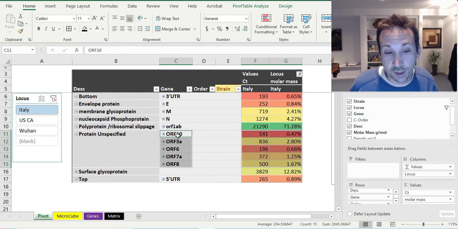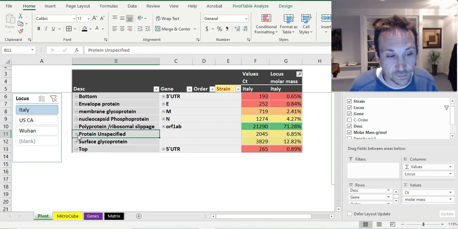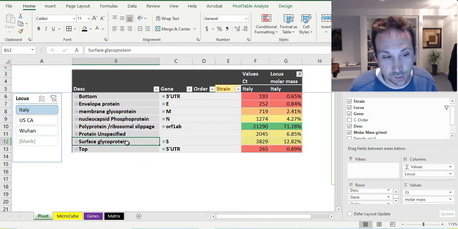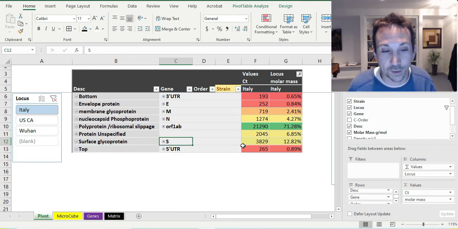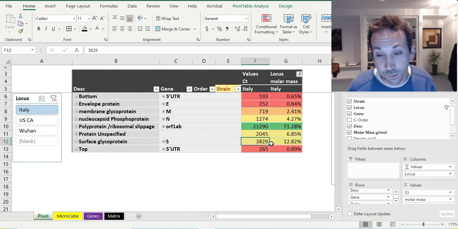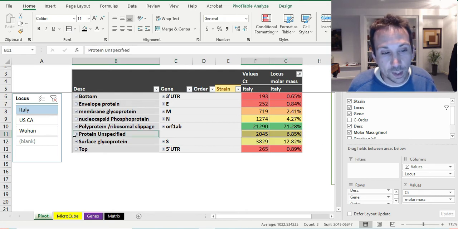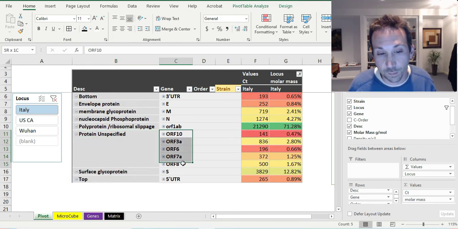Who knows? I'd like to learn about these proteins. So these are the unspecified ones. And then there's a surface glycoprotein. Sounds like glyco usually means sugar, maybe. I don't know. I'm going to go back on my Latin and my medical. We're going to learn. And that S is pretty big also. That's 12% of this thing. So there are different ways to attack things, and also understanding what's going on in these unspecified proteins, that I'd like to